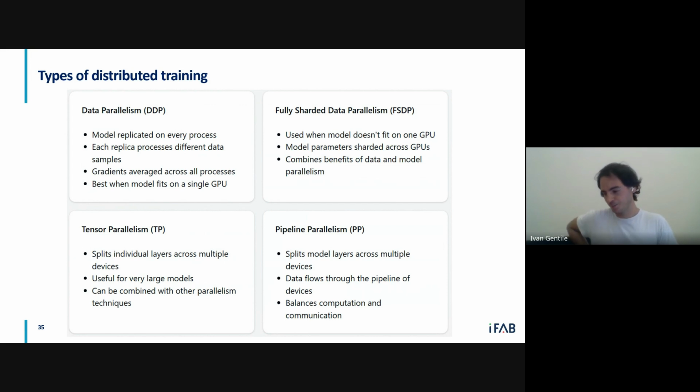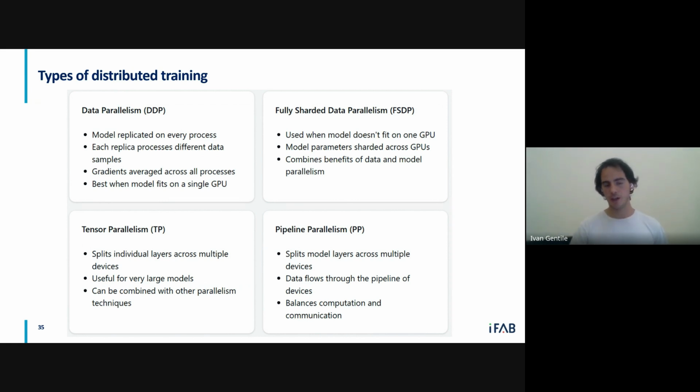All right, we have this multi-GPU, multi-node training. How do we do it? There are 4 different ways. First is distributed data parallelism, or data parallelism, and this is the one we're going to talk about in more detail.